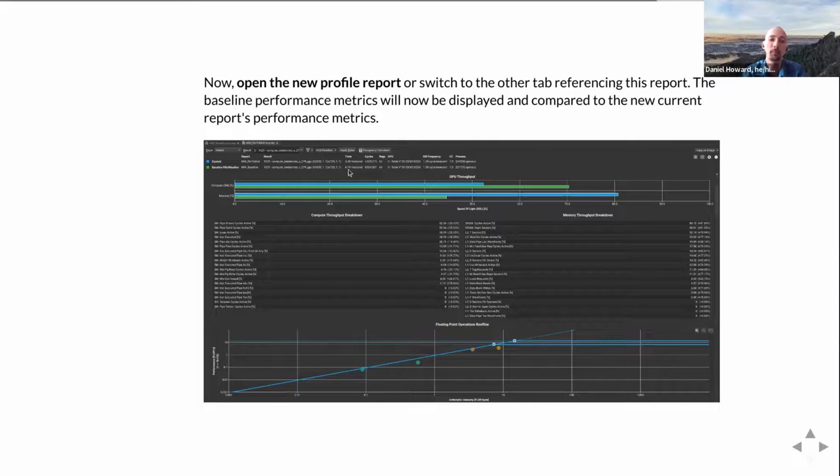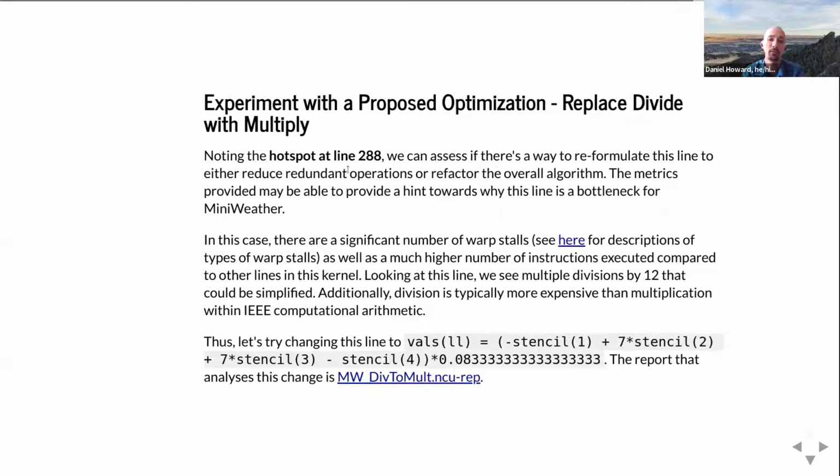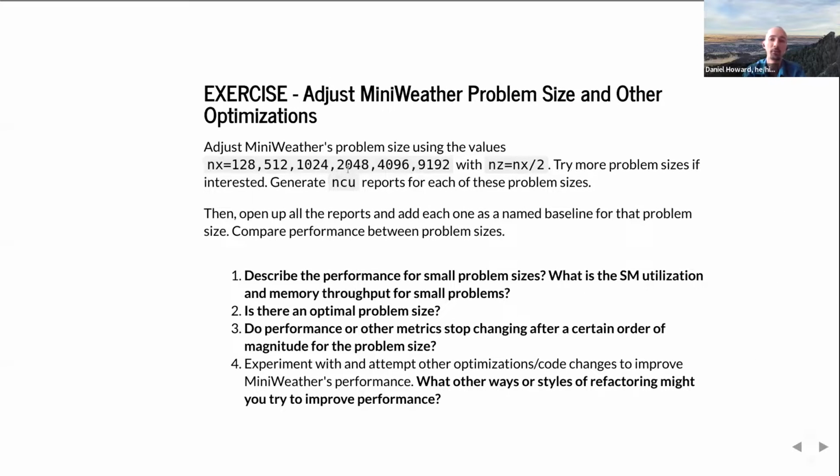So we got nearly 50% improvement on just that one kernel by replacing those division operators with that one multiplication operation. So these are the types of assessments Nsight Compute can help you make towards those types of improvements. And as an exercise for people to do following this workshop, you're more than welcome to